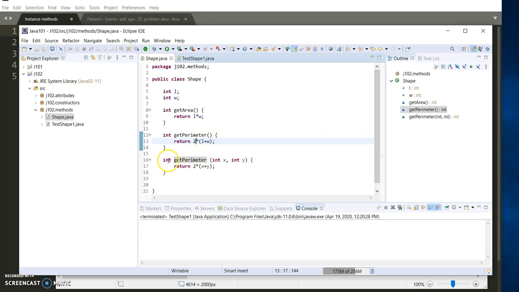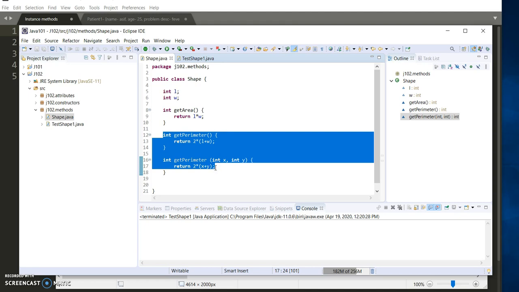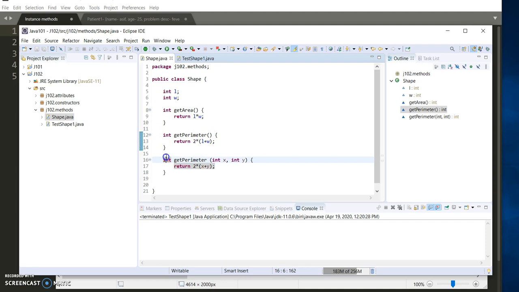And in the third one, we wrote another method, that is getPerimeter, and it is taking two parameters, int x and int y type, and then returning the integer type. And remember that these two are examples of method overloading, because they have the same return type and same method name, but they have different parameter lists, which is the definition of method overloading. Now if I go to TestShape,